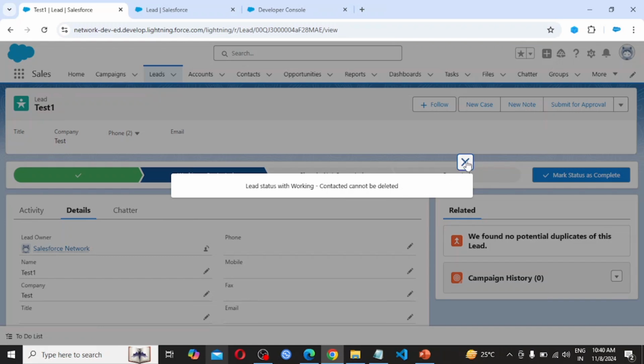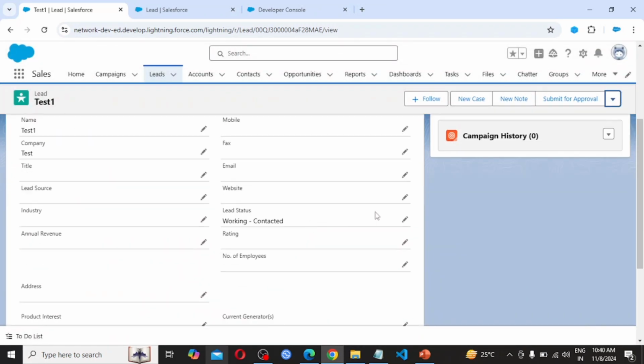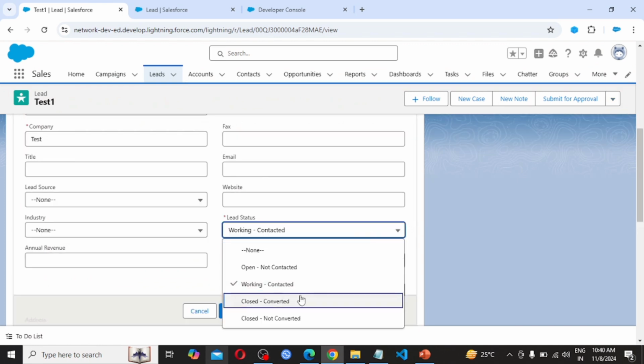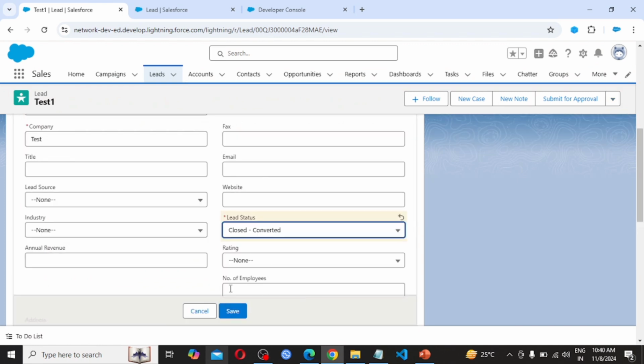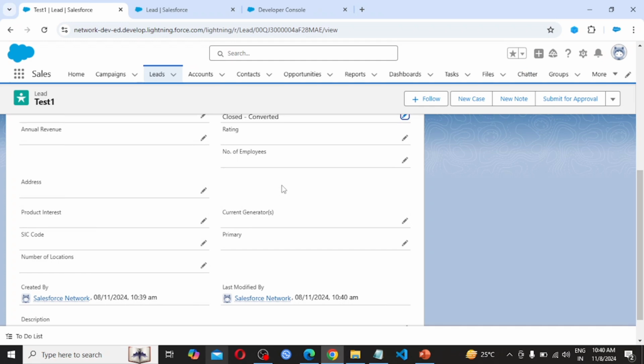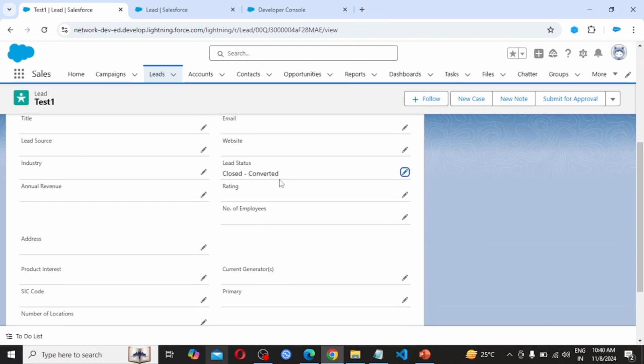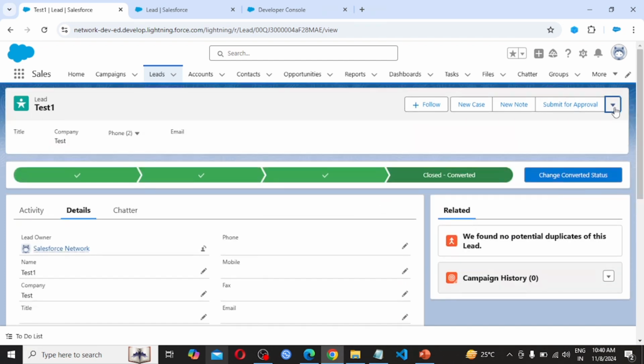Also let's cross verify. If I change this lead status to Closed - Converted, or anything apart from Working - Contacted, let's see whether we can delete this particular lead or not. As the status is Closed - Converted, click the drop down, Delete.